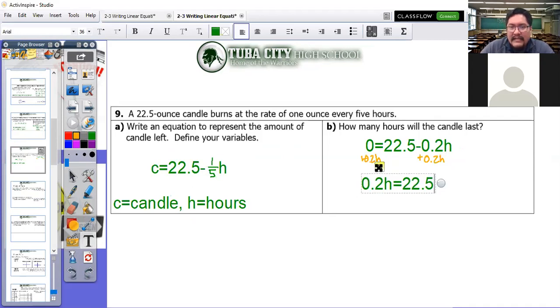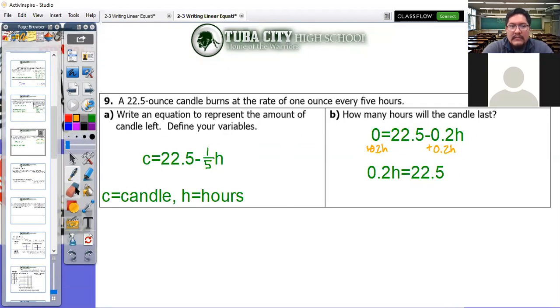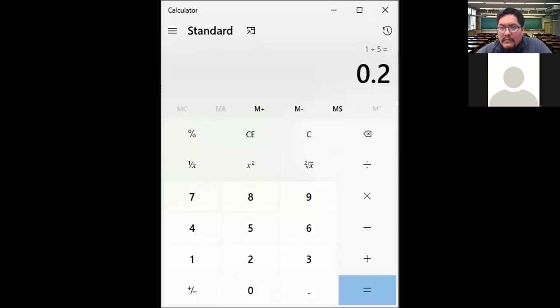So I divide this by 0.2. That's another really tough one, but you could easily have done this with a fraction. You'd have to do the trick where you'd use a reciprocal. So 22.5 divided by 0.2, no extra zeros in there. And in this case, we get